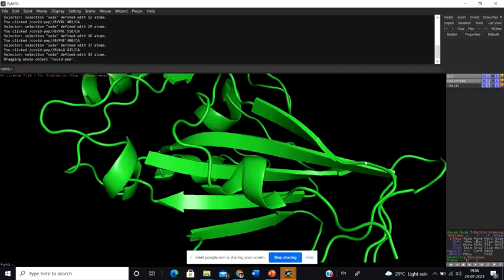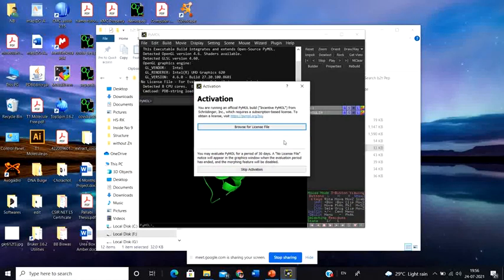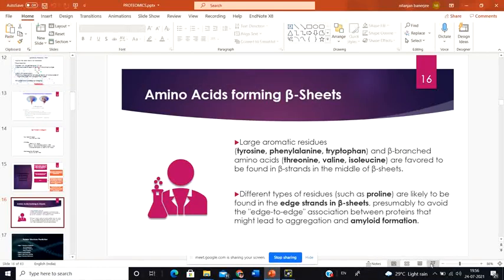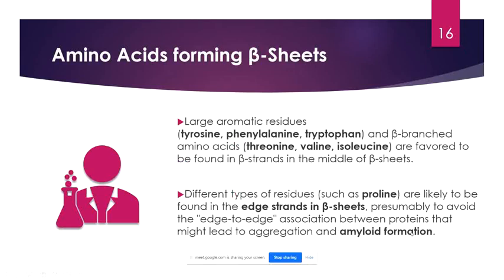So this is why, whenever you have a beta sheet, at the edge of the beta sheet you have prolines, because prolines are unable to form hydrogen bonds.